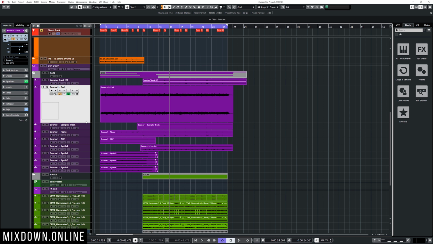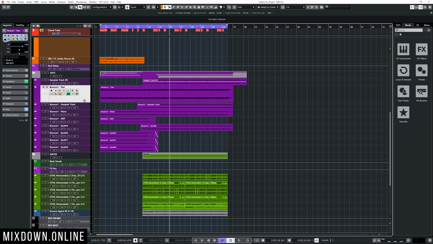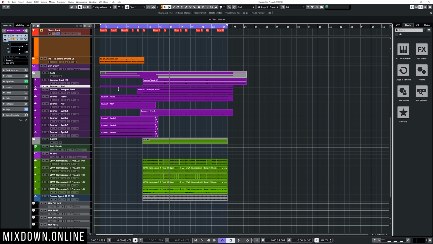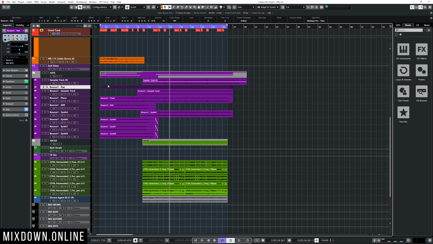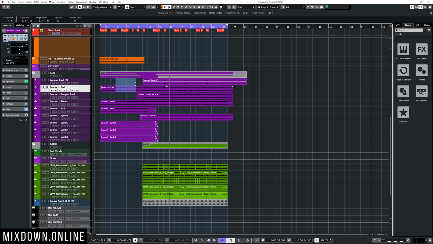Okay, now you need to note something though. There's a minimum of track height that you need for it to work, or else by default, the object selection tool will be selected. So you need at least a minimum of a bit more than 2 spaces of track height for it to work. So now, again, you get to the top part of that track and you get the range selection tool. And then you can just go to the bottom part of the same track to get to the object selection tool, which makes editing way faster.